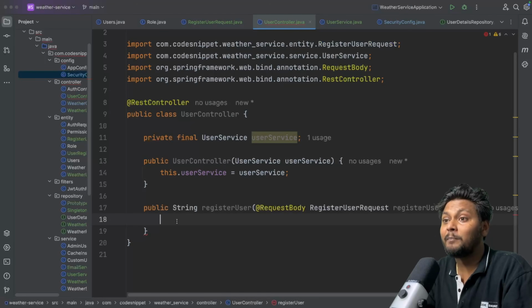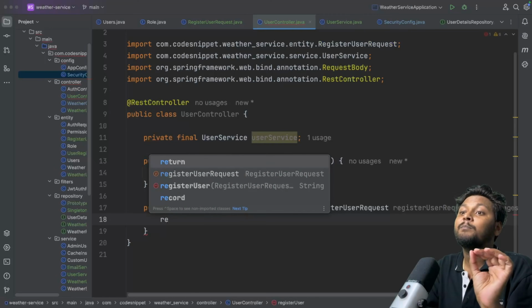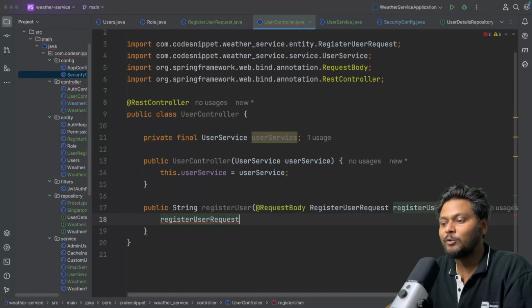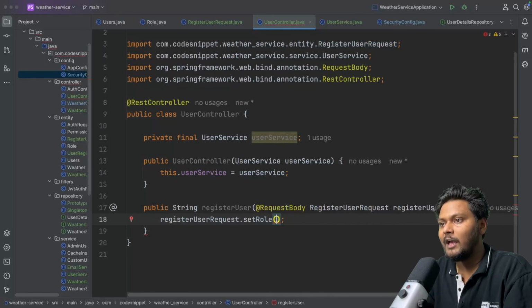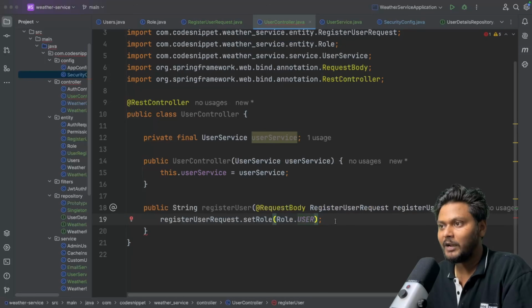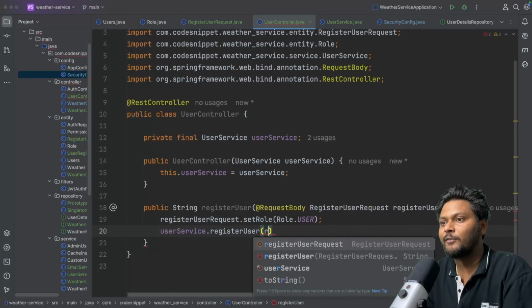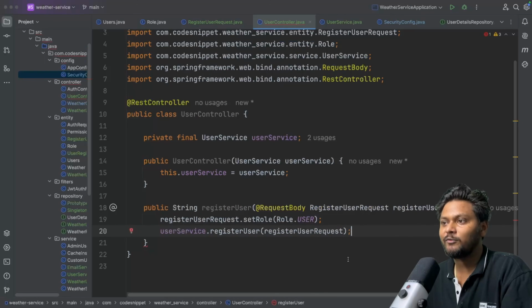As this is going to be a public API for registering users, we will first add a role inside this request. We will say setRole, and add the role as Role.USER, because this is going to be a user. And now I will say userService.registerUser, and pass the request over here, which will add the user for us.